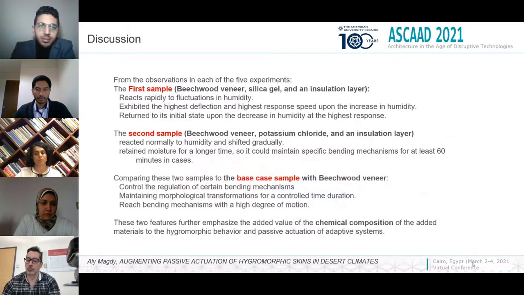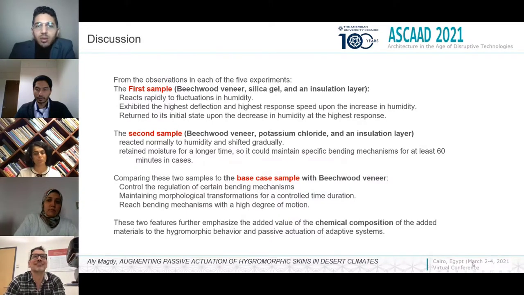As an observation from the 5 phases of the experiment, the first sample, which consists of peach wood veneer, silica gel, and an insulation layer, reacts rapidly to the humidity and reached its highest deflection with the highest speed upon increasing the humidity, and it also returned to its initial state upon decreasing the humidity. The second sample, which consists of beetroot veneer, potassium chloride, and an insulation layer, reacts normally to humidity and shifted gradually, but it retained moisture for a long time, and it can maintain a specific bending mechanism for at least